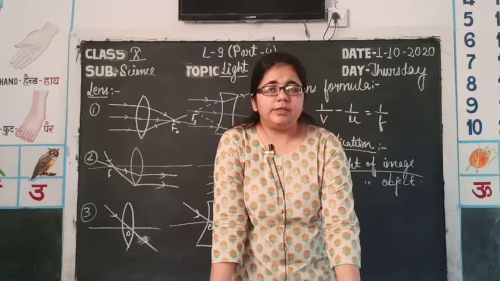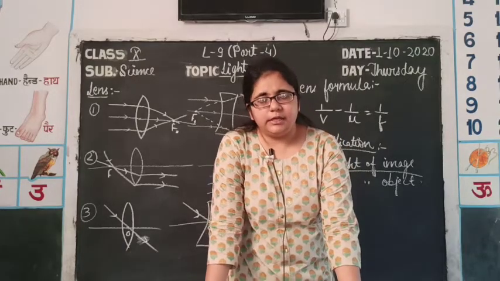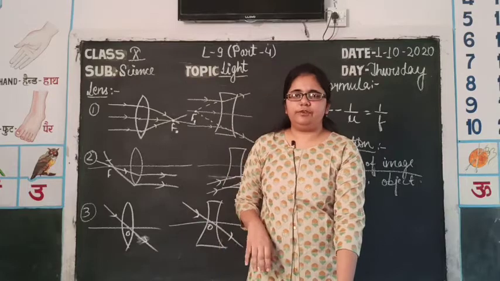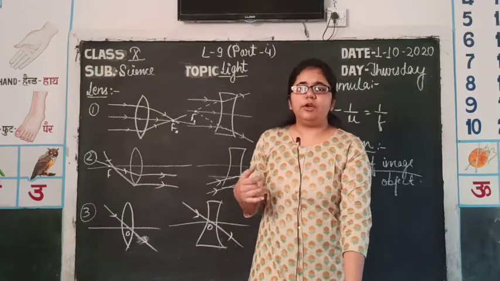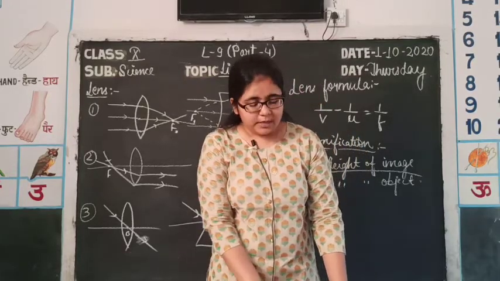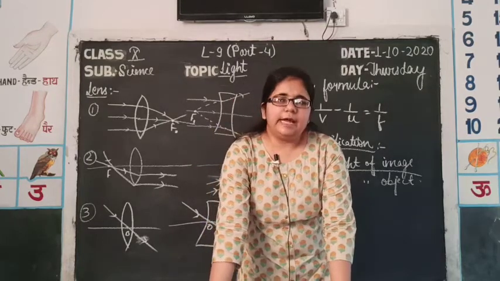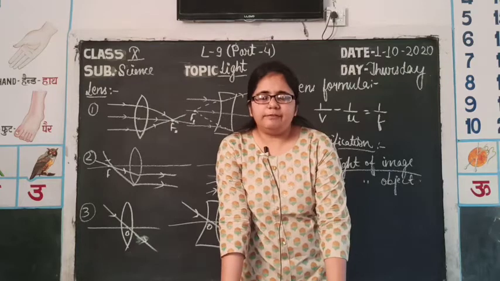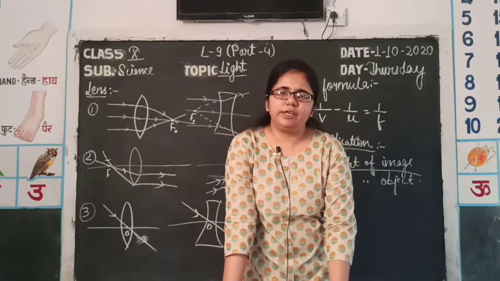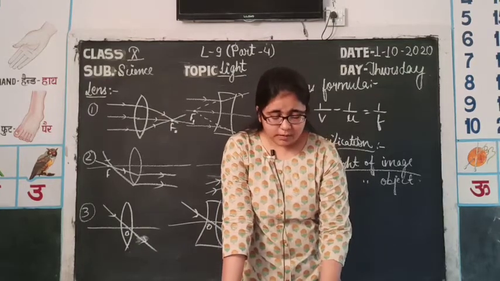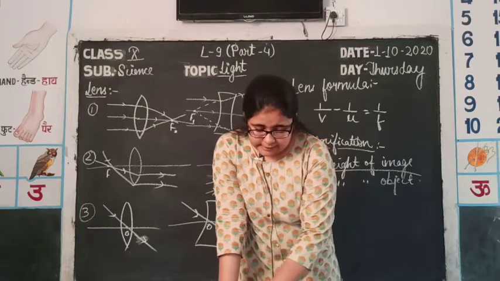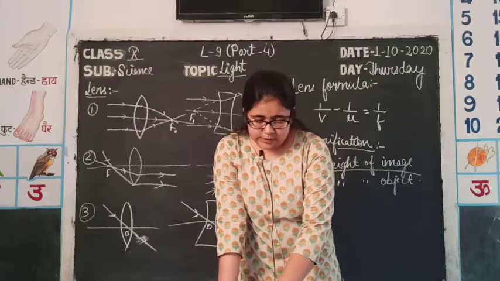First of all, when the object is at infinity, then the rays coming from it towards the lens will be parallel. So the image formation will be at the focus 2. That image will be real and inverted and very small, that is, magnification will be less than 1. That case is explained in Figure 9.30.